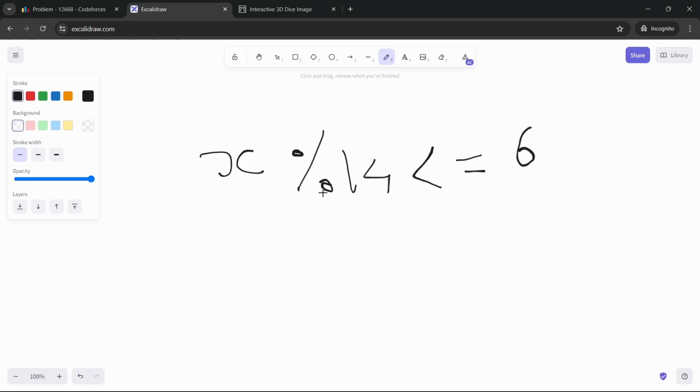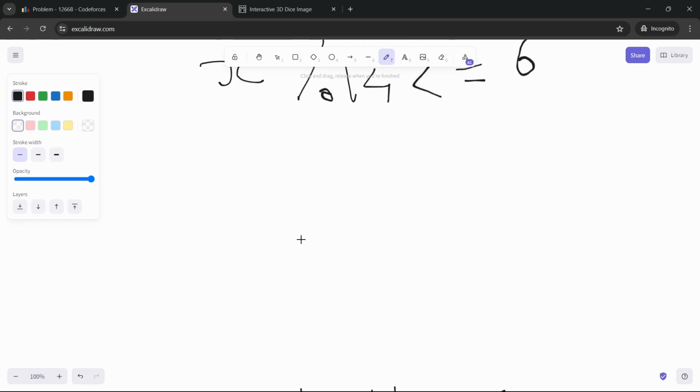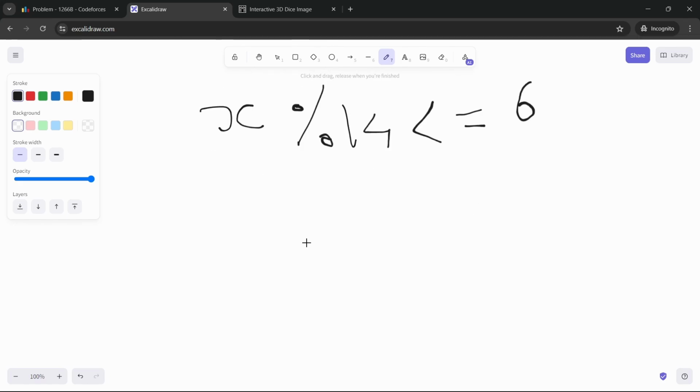What the modulo is giving us is the difference. It's the difference between something that is divisible by x and the number that we have. And if that difference is less than 6, then obviously